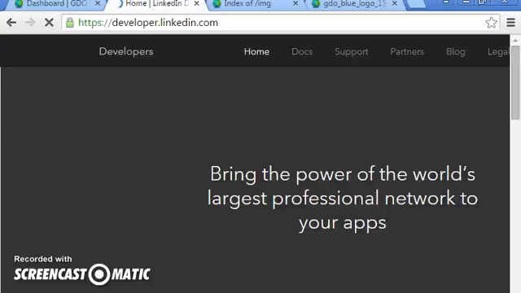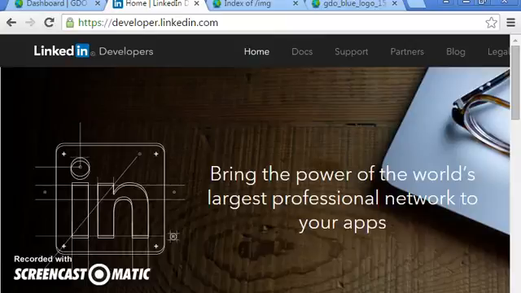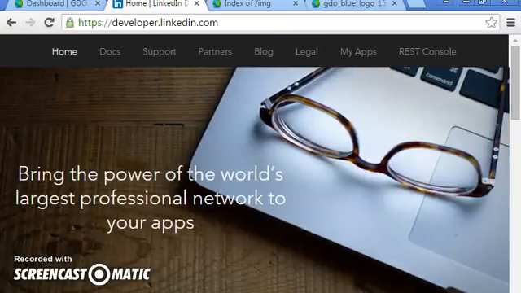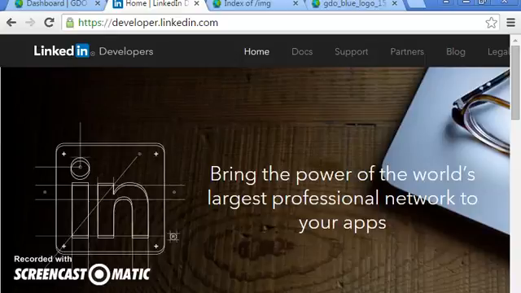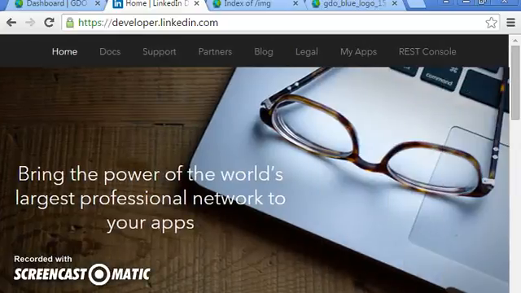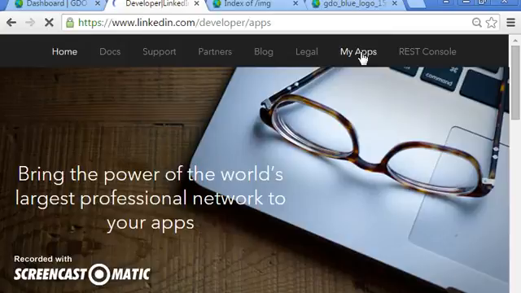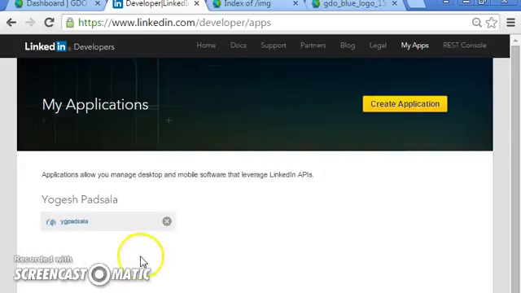Once you are in here, they will ask you to log in if it is your first time, and they'll probably ask you to give your mobile number to verify your account also. Once you are logged in, go to this tab called My Apps. If you have any, they will be listed here, and if you don't have any, there will be an option to create a new application. So click on Create Application,